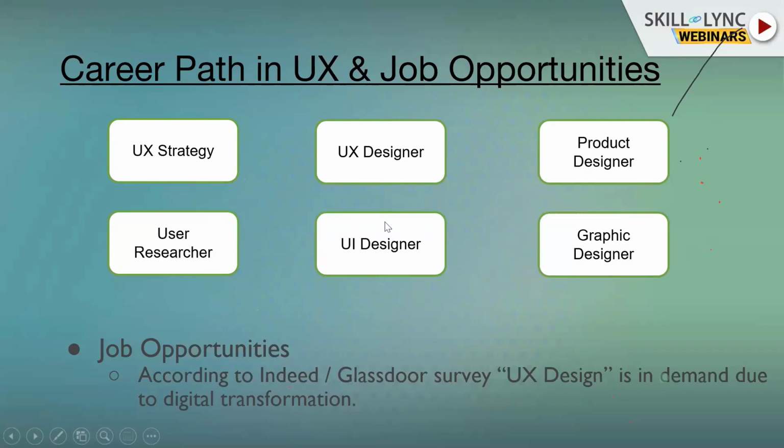Okay, but this is separate: somebody who is very good in color, visuals and controls, who understands the component level and how the technologies work, can be the UI designer, and on top of that the interaction designer. Then you have the graphic designer and the product designer. When I say product designer, you are building an app based on iPhone iOS or Android, making a complete product. Let's say Myntra is a product, Amazon is a product. So you understand the complete ins and outs of that product.